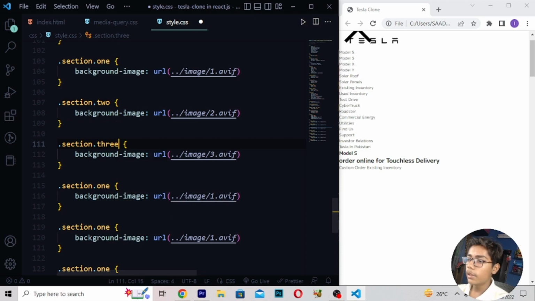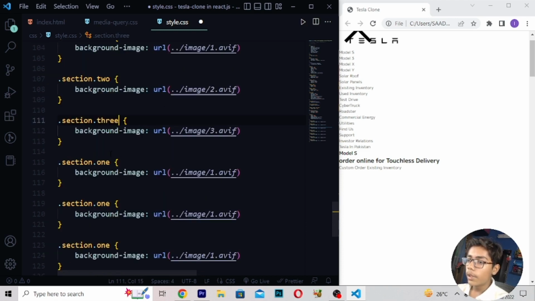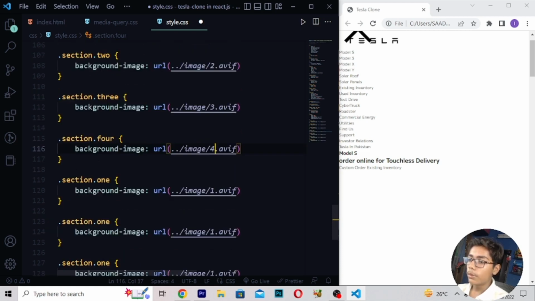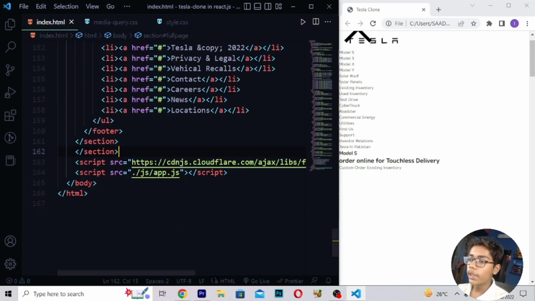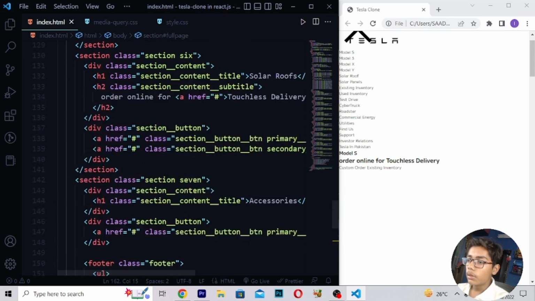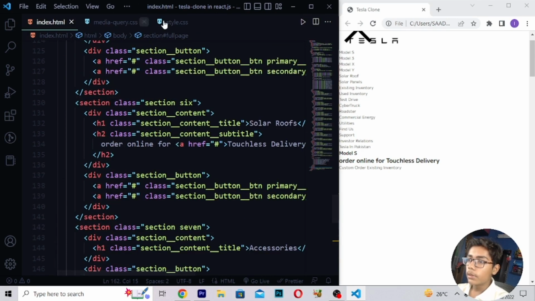Now when you've written this, here I will be moving and writing 4, then here also 4, then simply 5, then here 5, then you have to write 6, and then here also 6, like this. Now here I will be saving to check it is working, so here I will be moving. Okay, so it is good.